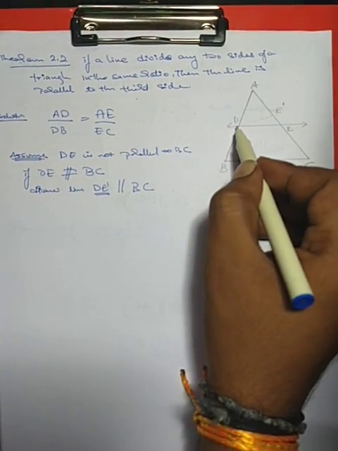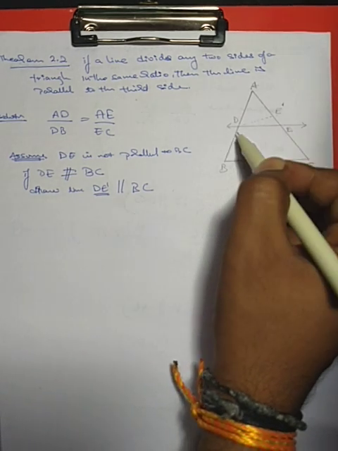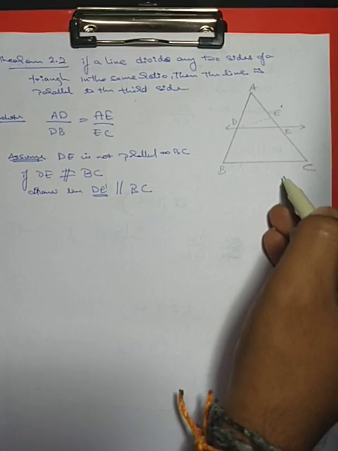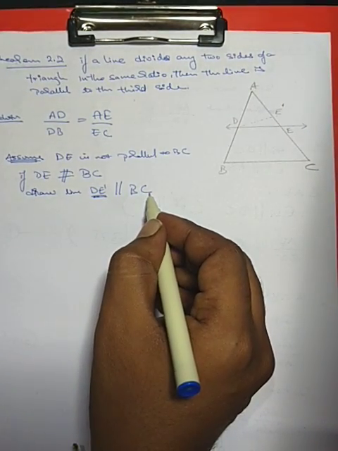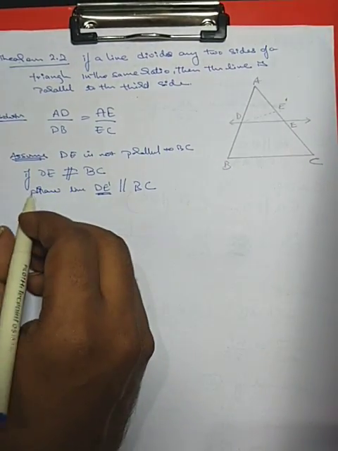Get it? We assume that DE is not parallel, so we draw a parallel line DE dash, parallel to BC. So if DE dash is parallel to BC, then according to our Basic Proportionality Theorem,